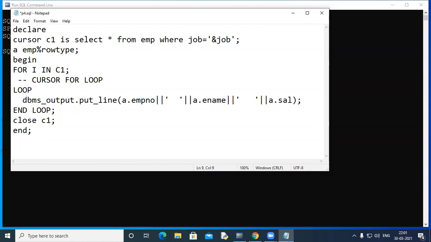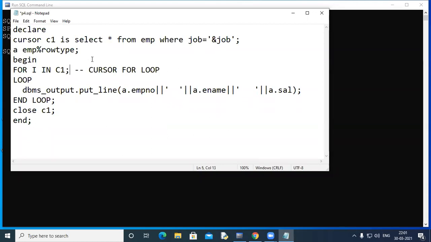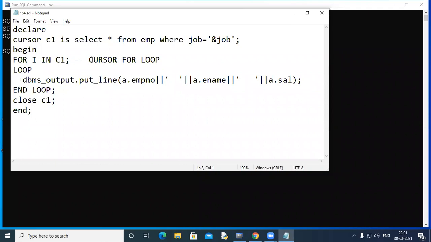Case is not sensitive, so don't look too much into it. How it works, cursor for loop, let's write it here. For some variable, say I've taken I, this is a row type variable automatically. No need to declare anything of this sort. And then you can use here I directly. See, you have not written open, fetch, close. No need to write. The cursor is closed as soon as you come out of this for loop.